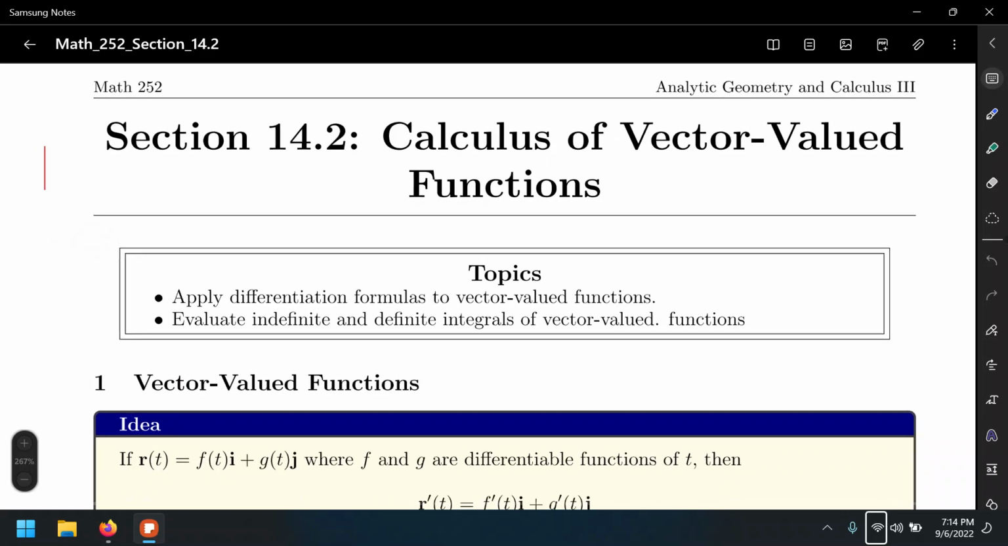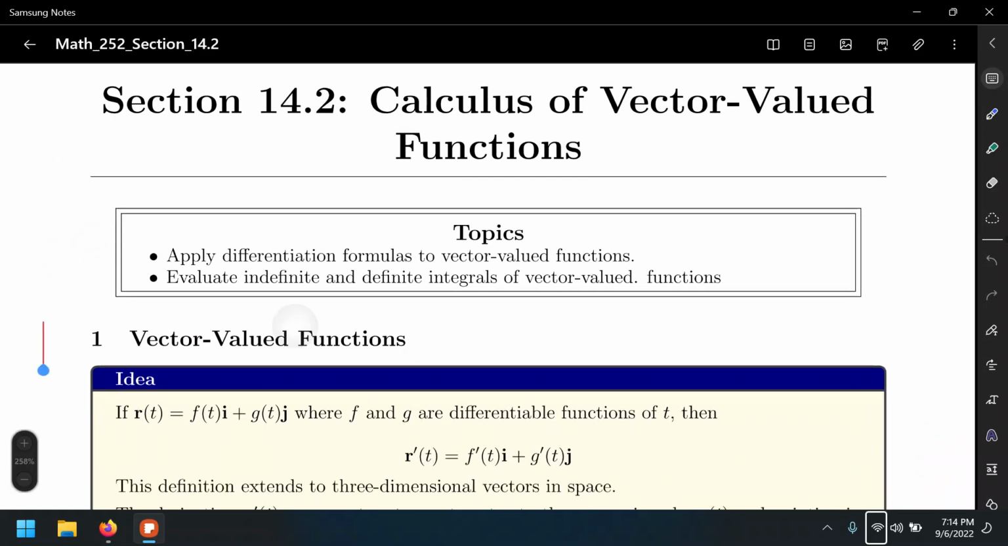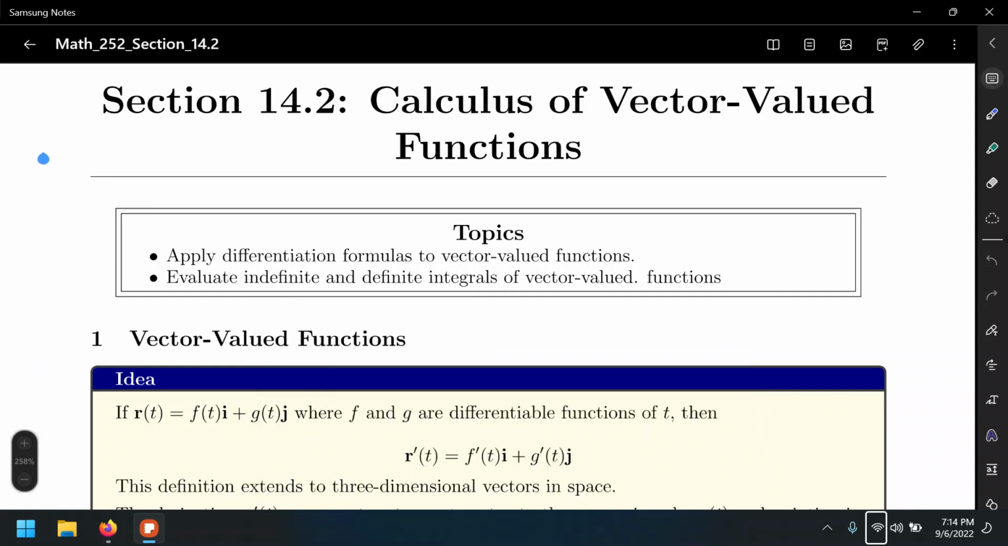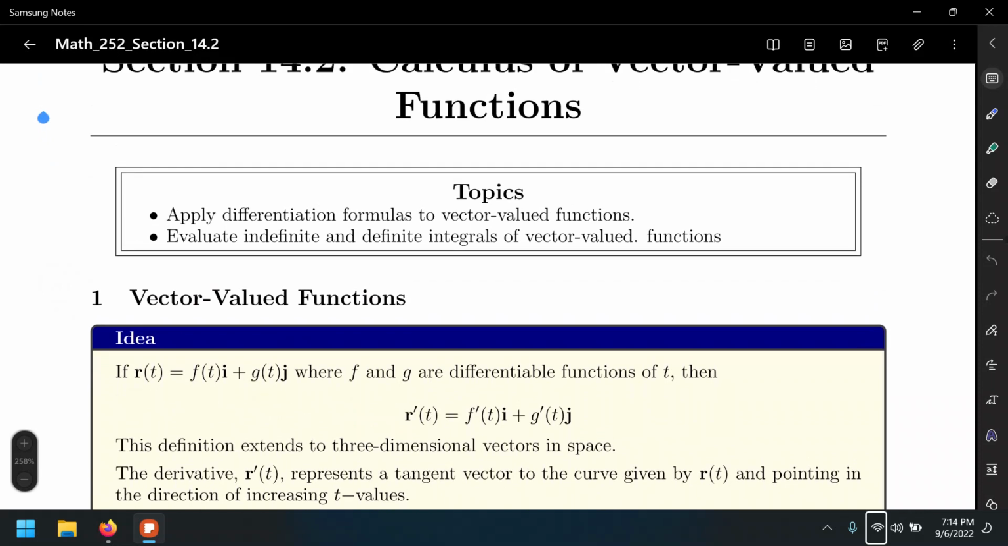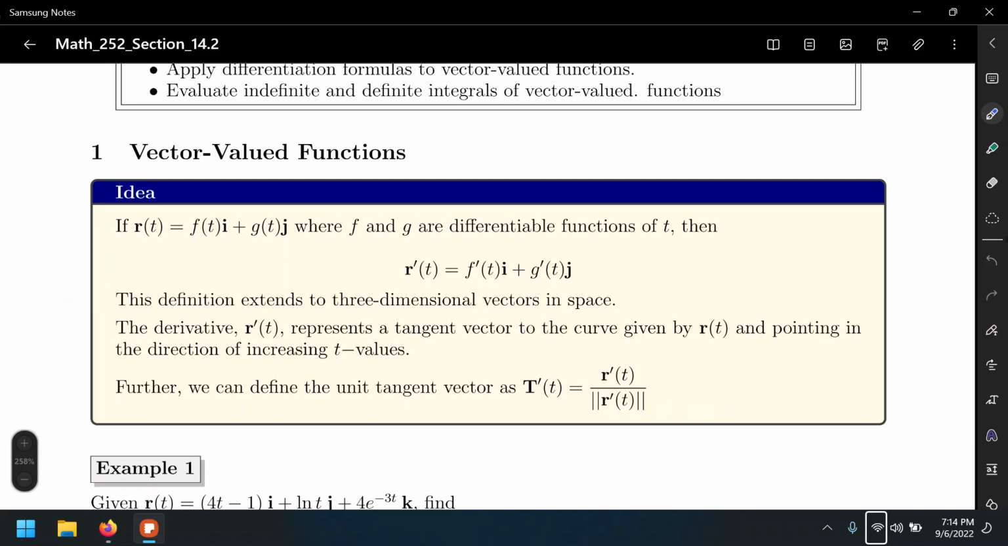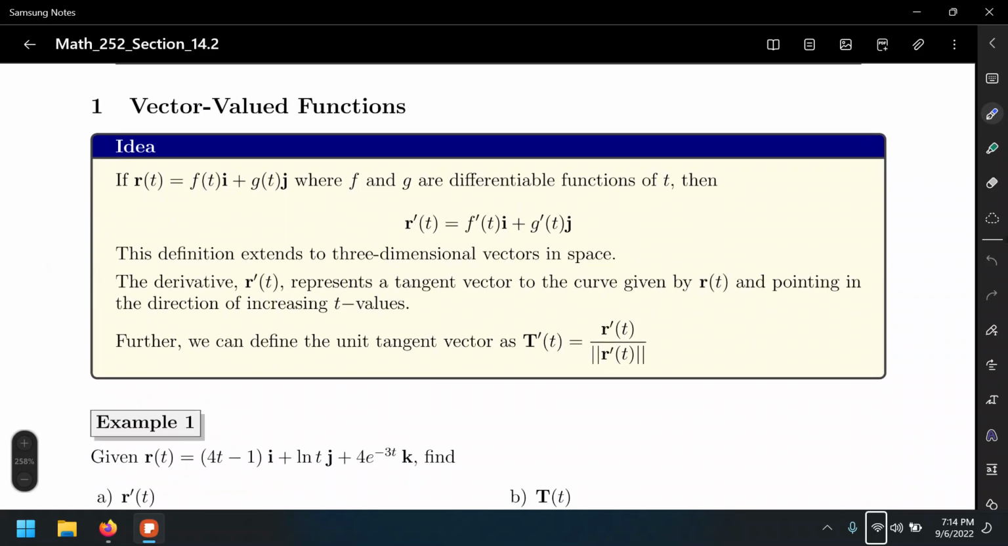2. Calculus of vector valued functions. So now in this section, we're going to go over differentiating vector valued functions and integrating vector valued functions, both indefinite and definite integrals. Again, this is not going to be anything really new other than putting this into vector context. The methods of integration are the same. We're not going to discuss any new differentiation or